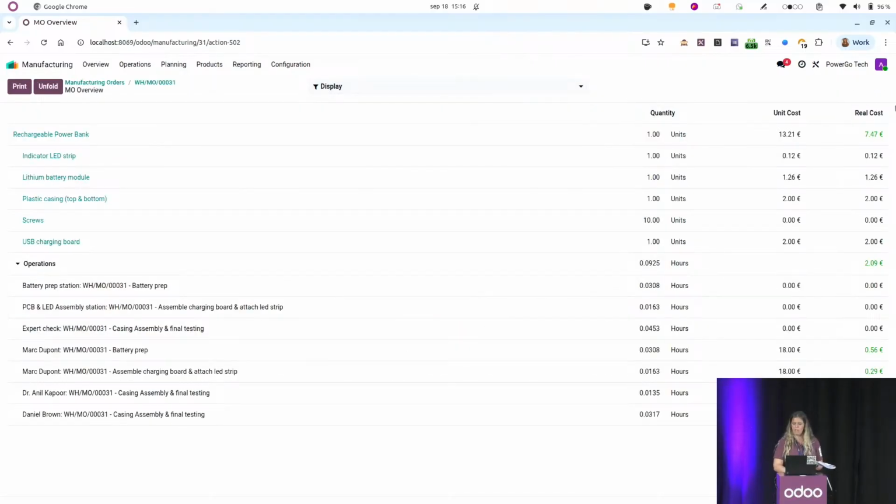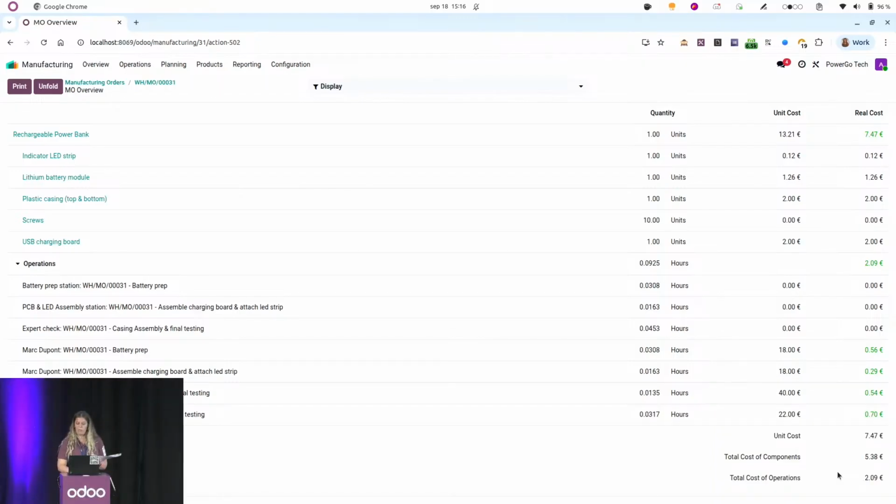And what we see from here is that the real cost is currently below what we thought. So we now have a real cost of $747 with all the detail of what happens. We suppose that we won't always need an expert check and so on. So that allows us to have a real-time tracking of the cost of our products. In other words,